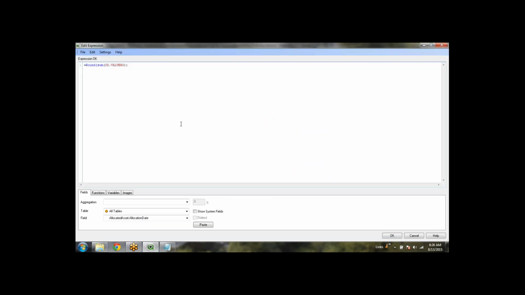We have to use a conditional statement here. Sum will have a condition. Inside the sum statement you have to write, just before that you can use a comma, and then here you will write if